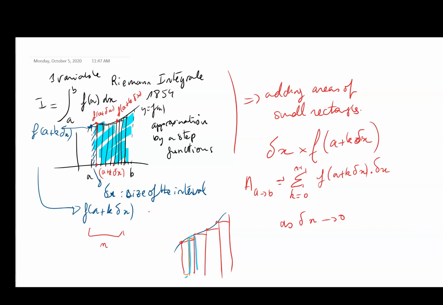So that's going to be my first one. I'm just taking intervals of size 1/2 my previous size. Okay, so that width is going to be half of the first width, and you see it's going to give you a better approximation than the first one. So the idea is that as delta x tends to 0, that value here is really going to converge to the real area below the curve,